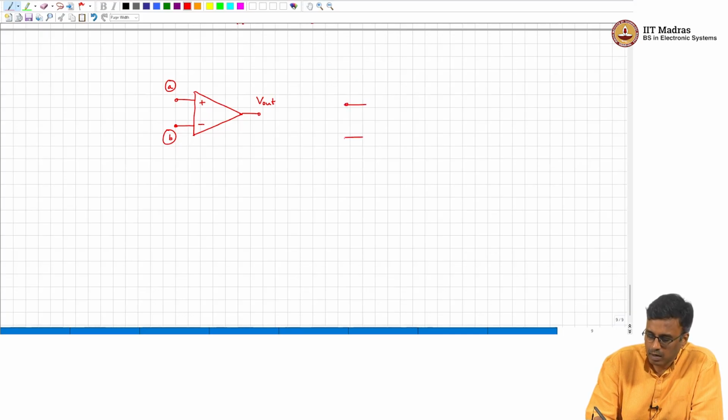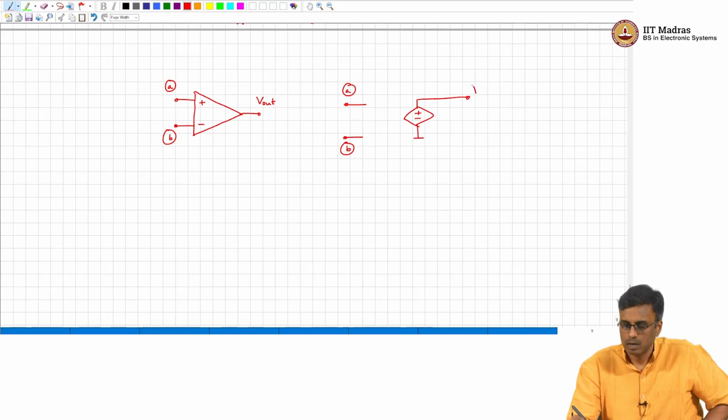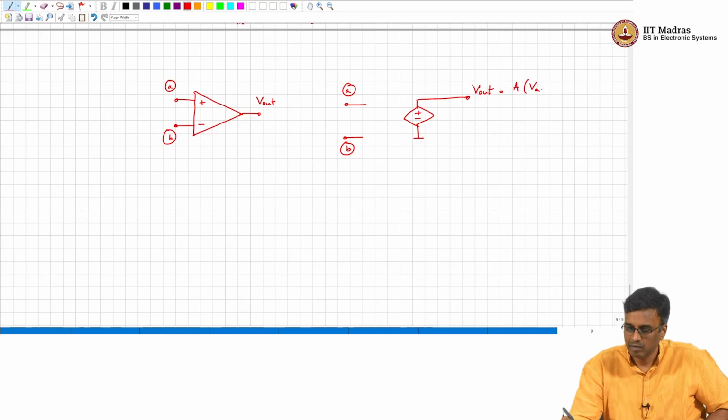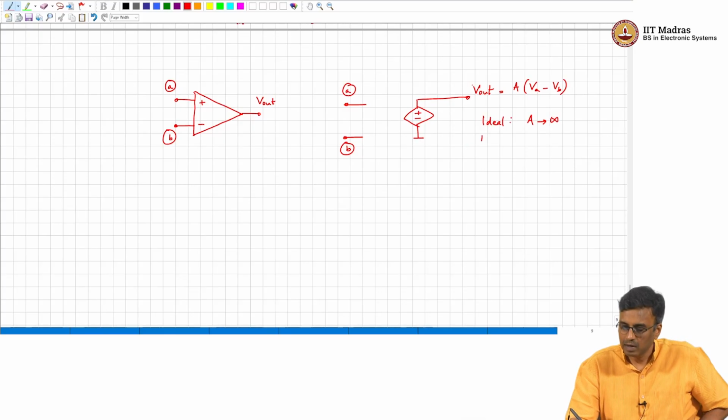We said V out is some a times V a minus V b, where ideally a is infinite. In practice, commercial off the shelf op amps typically will have gains of 10⁶ to 10⁷,